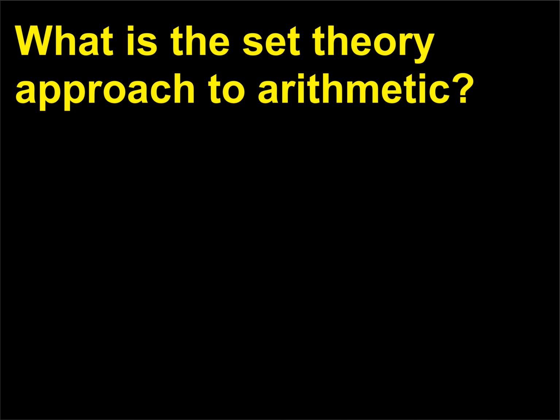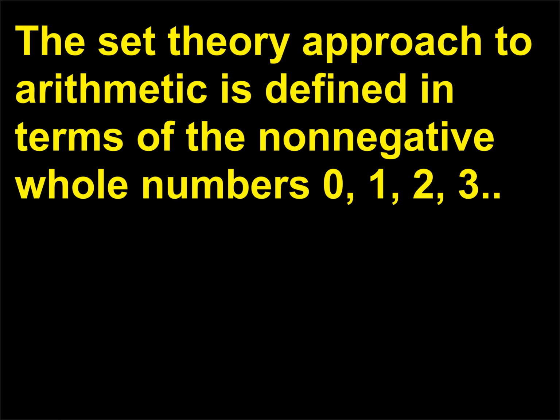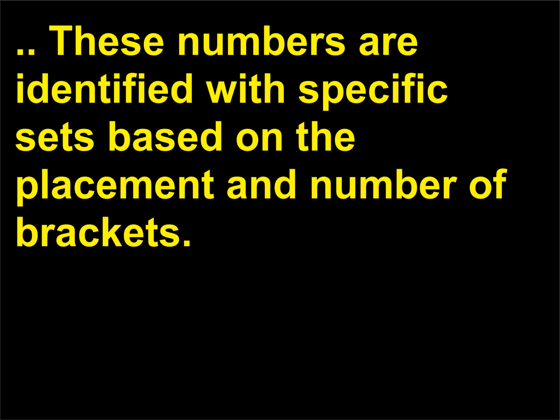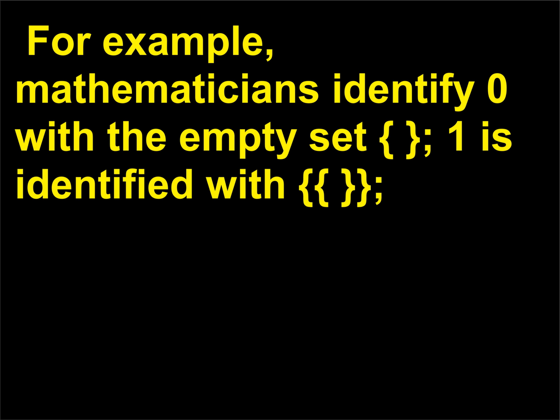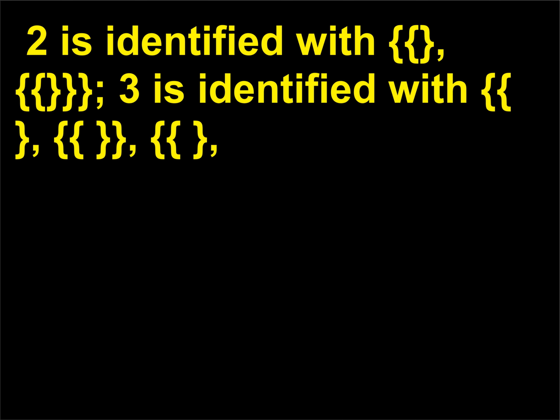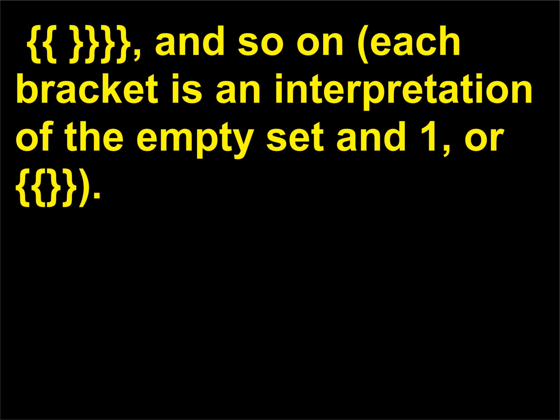What is the set theory approach to arithmetic? The set theory approach to arithmetic is defined in terms of the non-negative whole numbers 0, 1, 2, 3. These numbers are identified with specific sets based on the placement and number of brackets. For example, mathematicians identify 0 with the empty set, 1 is identified with, 2 is identified with, 3 is identified with, and so on. Each bracket is an interpretation of the empty set and 1, or